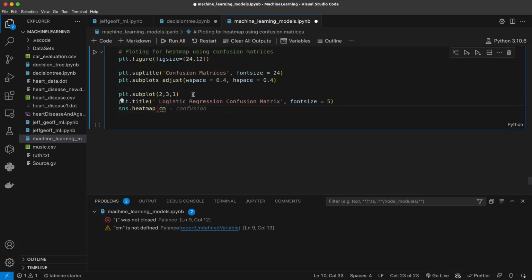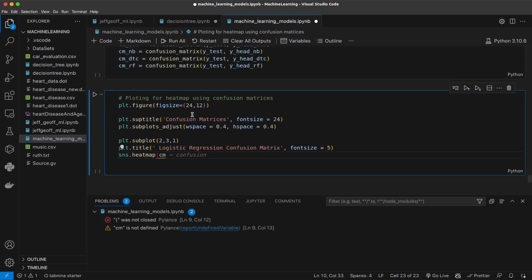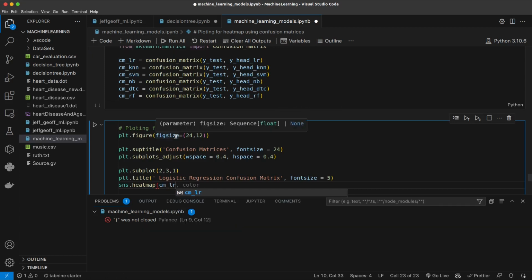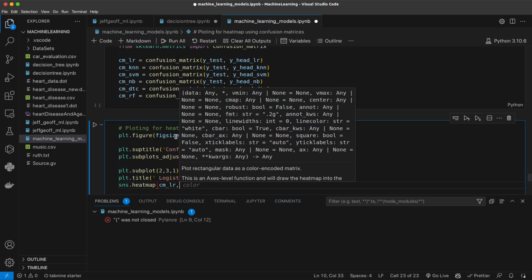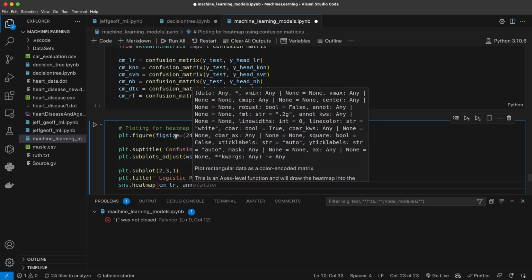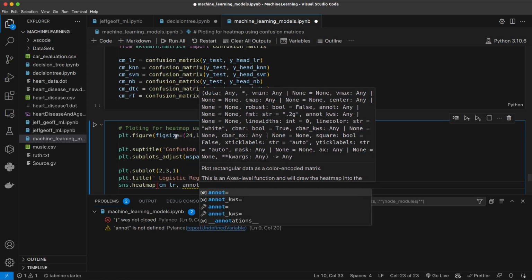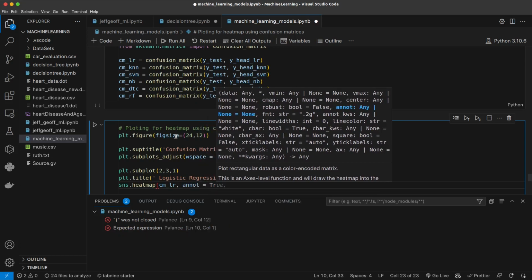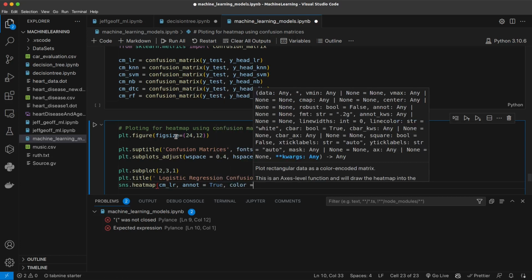So it's going to be cm_lr, which is on that variable. Then annotate to true. Then the cmap,